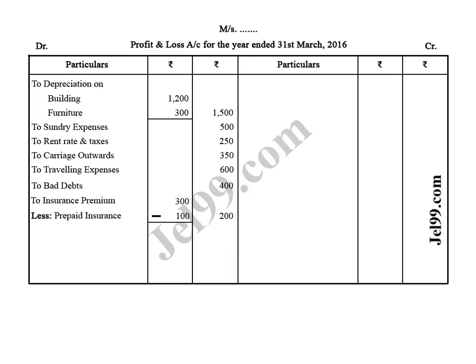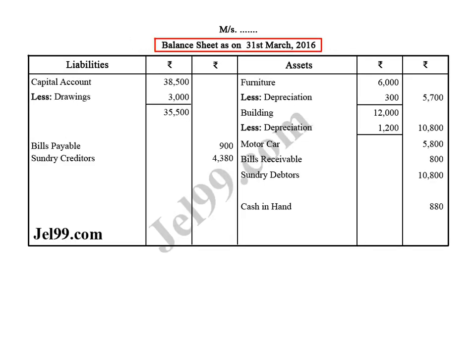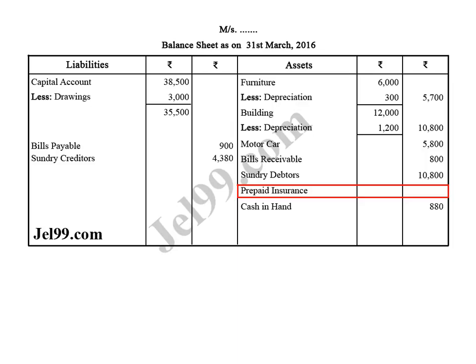This is not an expense of the current year, hence it is less from insurance premium of the current year, and the second effect is shown in balance sheet, assets side, prepaid insurance of rupees 100. This is not an expense of the current year, therefore it is assumed to be cash of the current